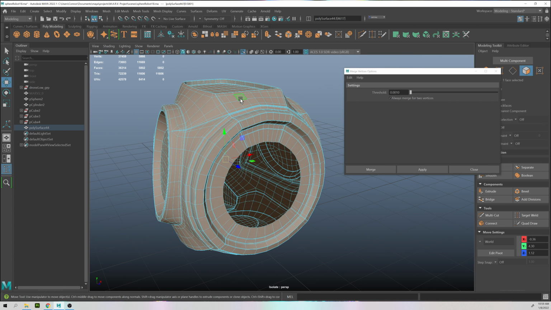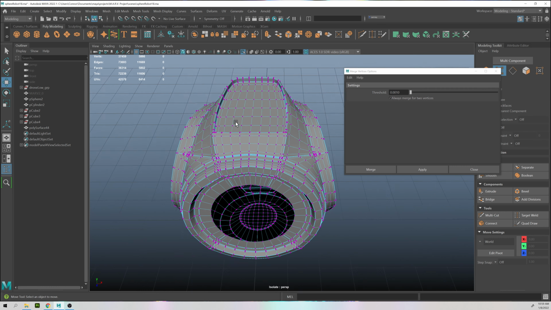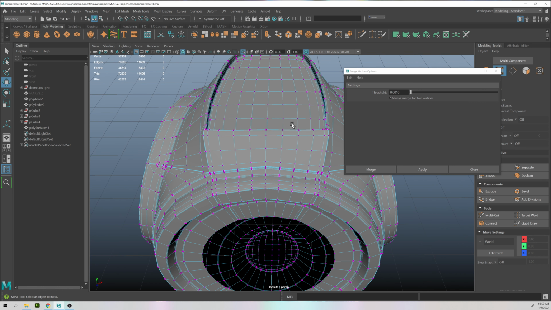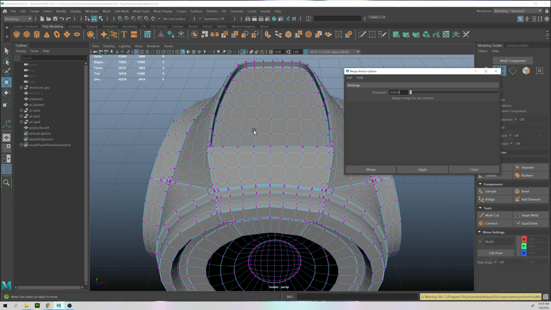And now if we go into face mode, you can see the entire mesh is selected because the center vertices have been merged together. I set this as a really low number because it's going to look 0.001 units for another vertex to merge. And since I was very careful to flip my model on the center axis, I know that these vertices were right on top of each other. If we undo that merge,